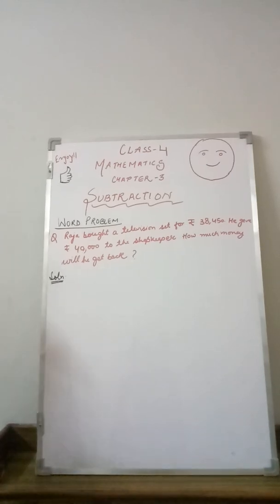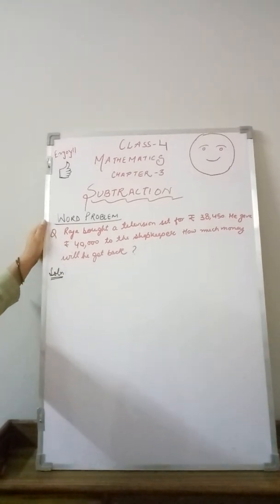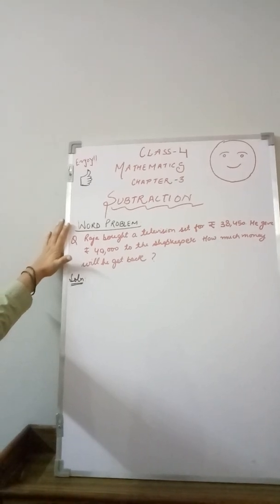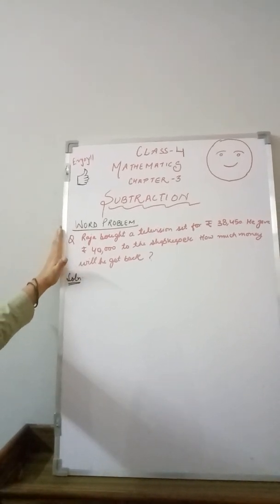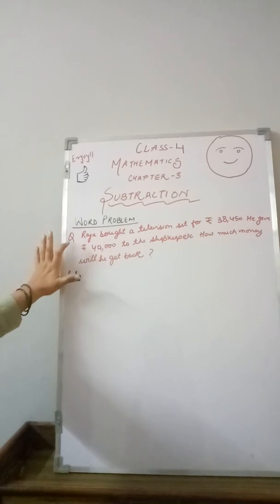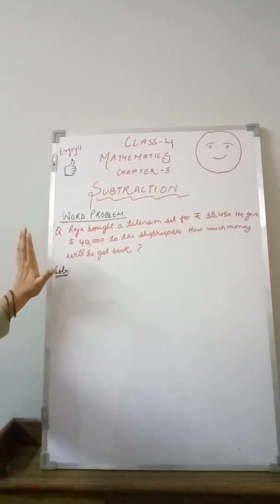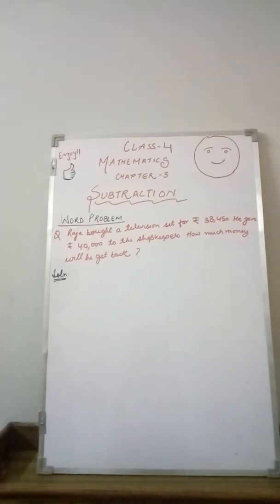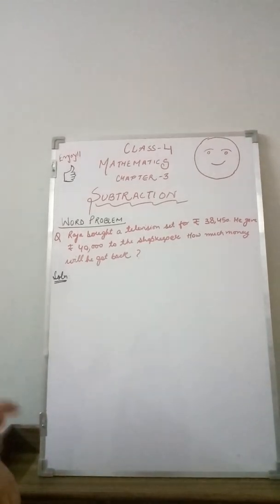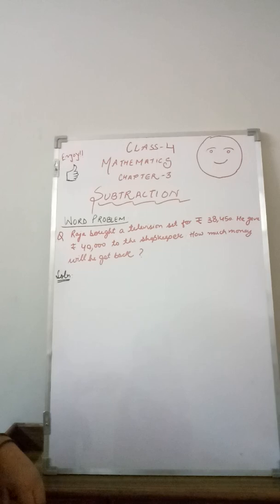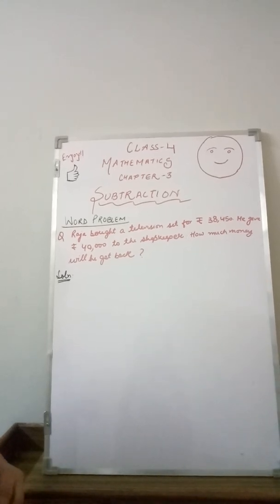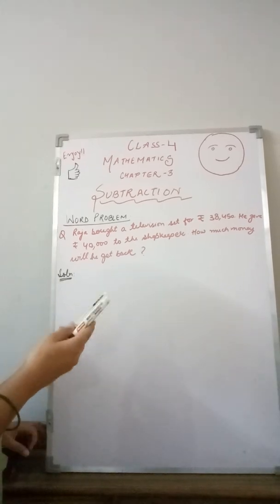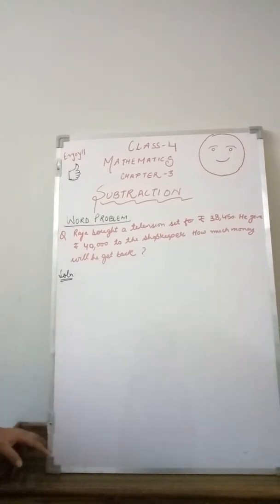Now students, this word problem is the last topic of this chapter, subtraction. Word problems you have already done in class 3, and in the previous chapter, addition, you have also done word problems. The main thing in a word problem is, first you have to read it and find out which is the minuend and the subtrahend. First of all, find out the minuend and subtrahend and then do the calculations. The statement is also very important: how to make the statements and what the question is asking about.